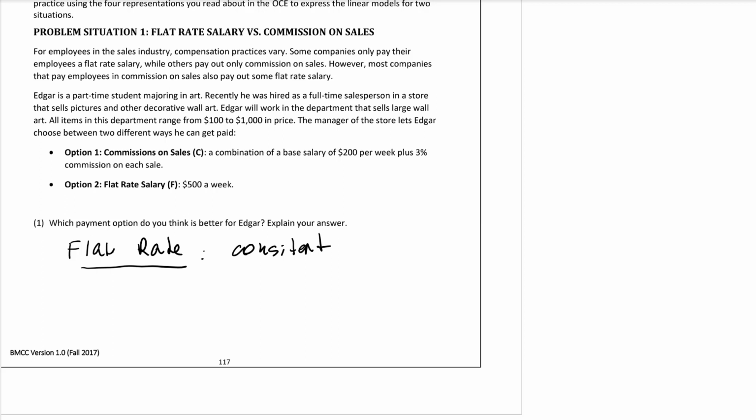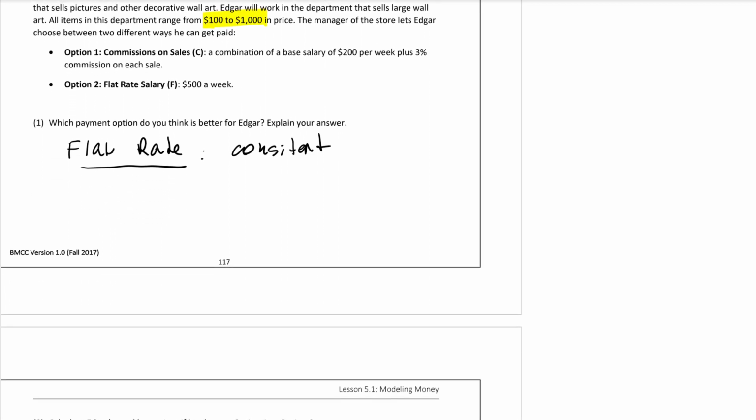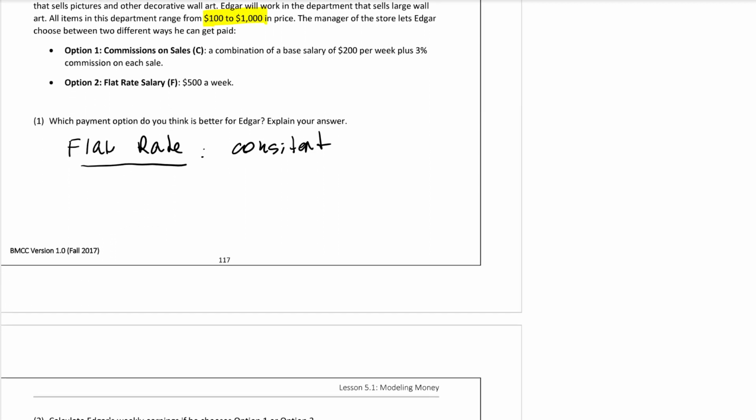However, some students might say commission, because look, the stuff that Edgar is selling is pretty expensive. So once you get that commission, his salary might become more than $500. Okay, so answers can vary. But what we'll try to do is take the information provided in this problem situation and build